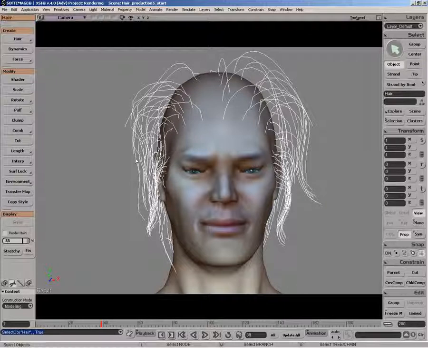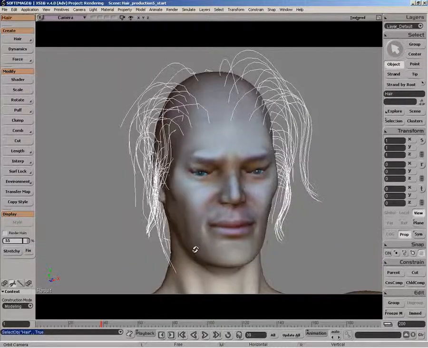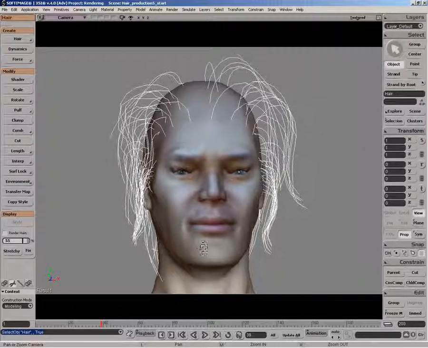So roughly that's the style we were going for, this kind of organic, long-haired, messy look. What we can do is turn on the render hairs,